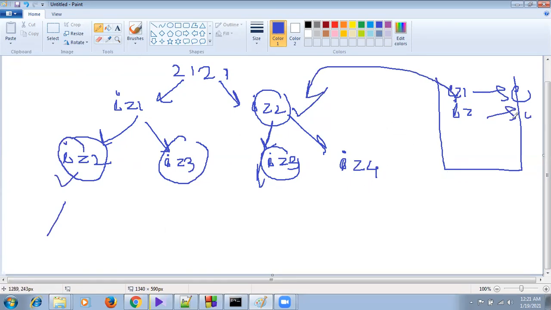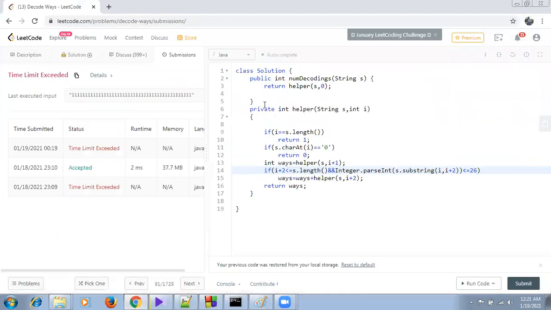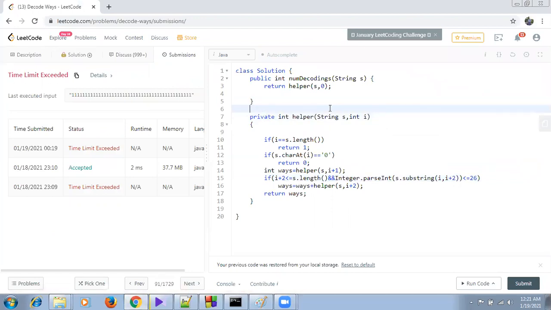After that we will create a hash map. I hope you guys are familiar with the hash map, so it will be easy for you to understand. We will create a map.